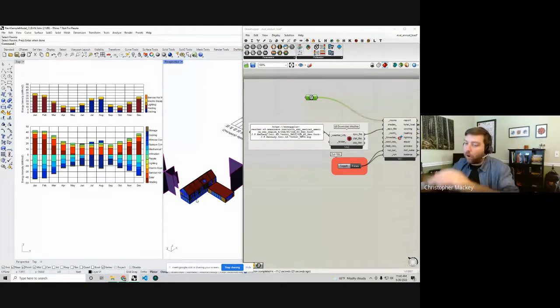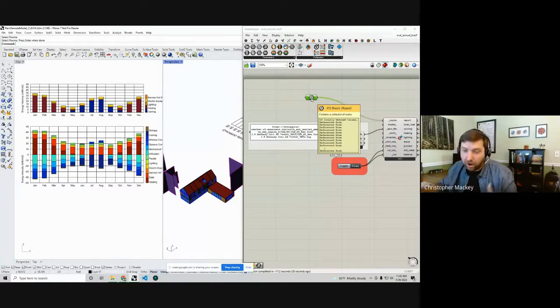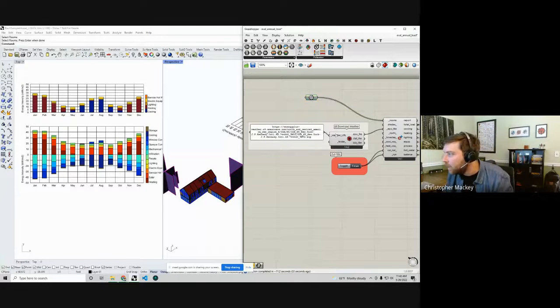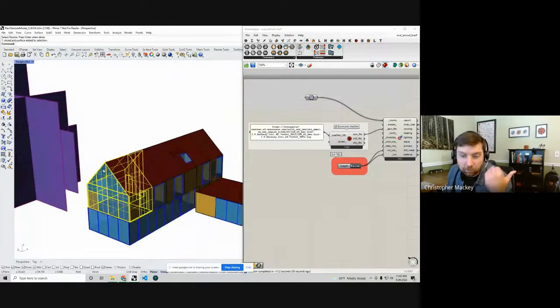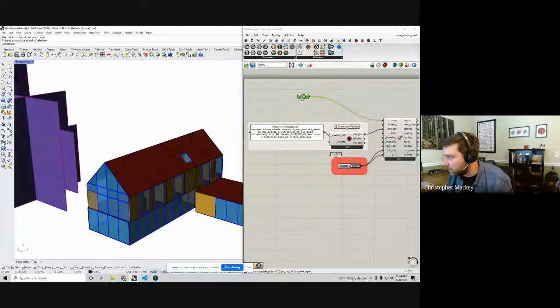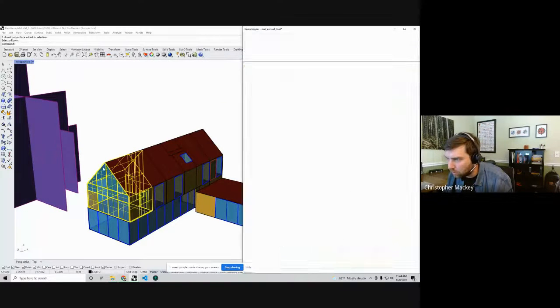And you still have all of the capability to do this, right? These rooms that are coming through here are Honeybee rooms, the same objects that you get with the Ladybug Tools components. So let's say I'm going to turn this off for a second, and let's say I just want to look at reducing the glazing ratio of this room. So I'm going to right click on this, set one room, to bring this one room in here,